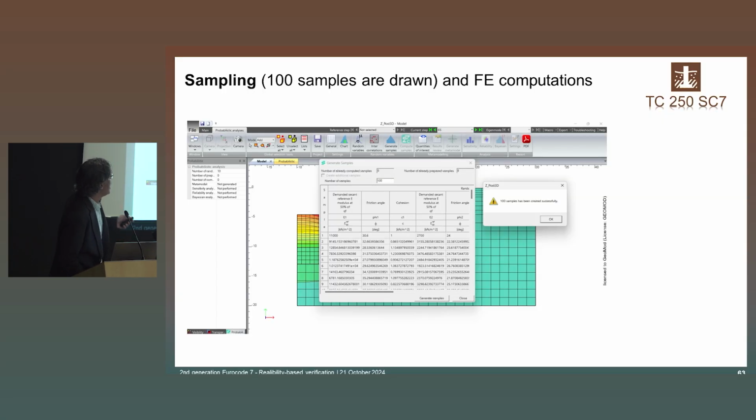First of all, I run 100 computations with 100 sets of samples. So you see, for instance, here, set number 6, you have a value for E1, a value for phi1, a value for C1, etc., for my 10 input variables, and I get an answer for the settlement, the maximal settlement of the silo. So I run that 100 times,